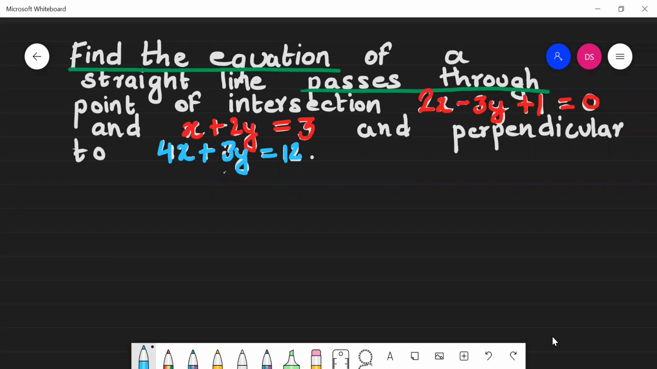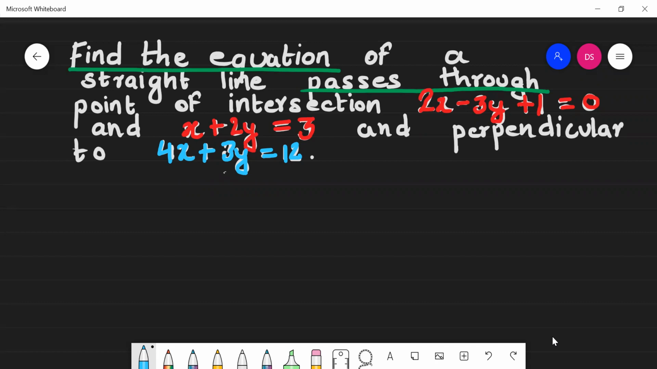Hello everyone. So today I'm going to explain finding the equation in coordinate geometry. So the question is like this: find the equation of a straight line that passes through the point of intersection of 2x minus 3y plus 1 equals 0 and x plus 2y equals 3, and is perpendicular to 4x plus 3y